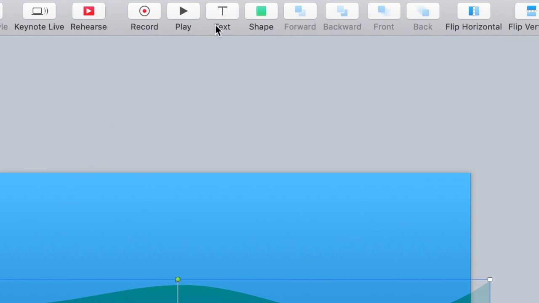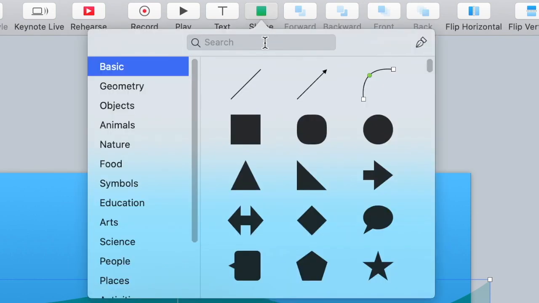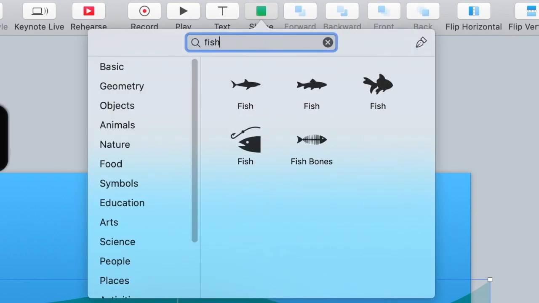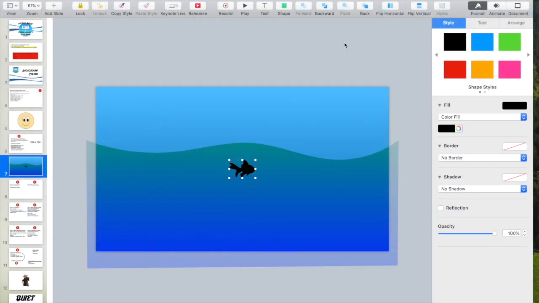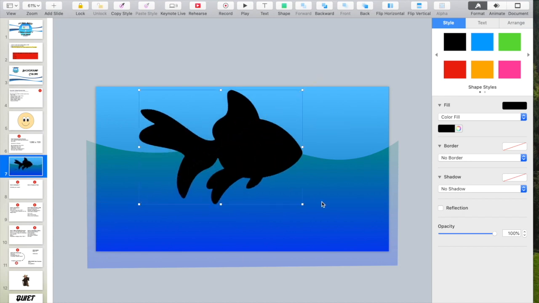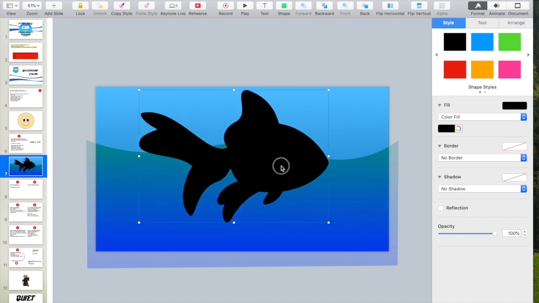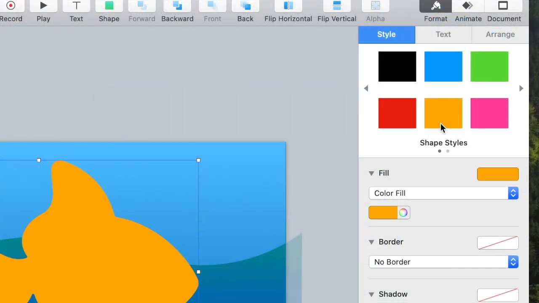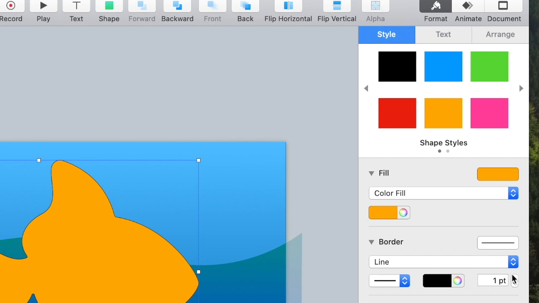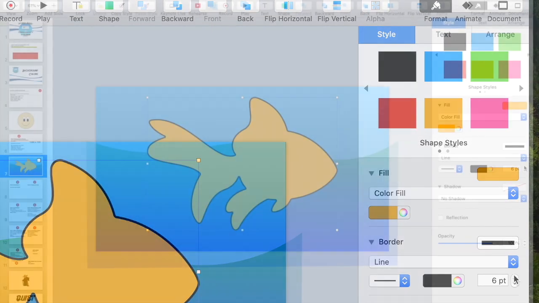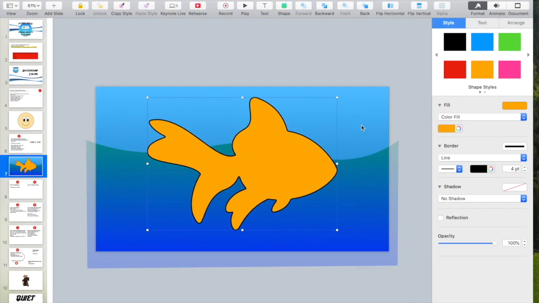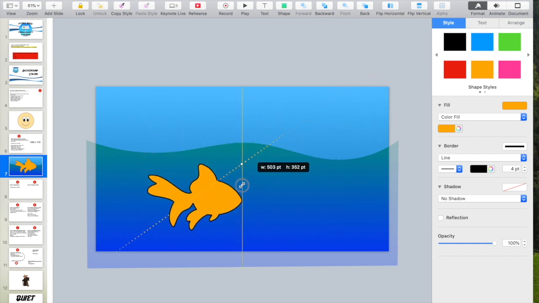The next thing we're going to add is go to shapes over here. We can just type in up here fish, F-I-S-H. Grab a fish. Pop it in somewhere. And we can make it really big to work on and make it smaller later. Maybe this fish is going to be orange. And maybe it's going to have a border. We want it to look kind of cartoony, right? Maybe it's going to have a thicker border than that. Let's stick with 4, because keep in mind,